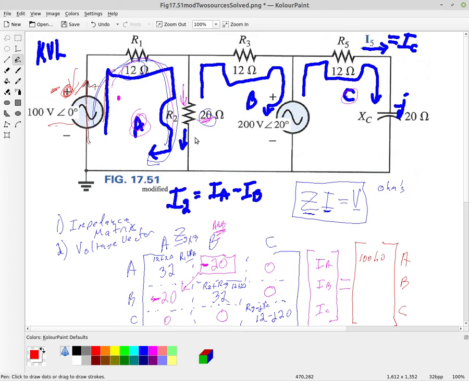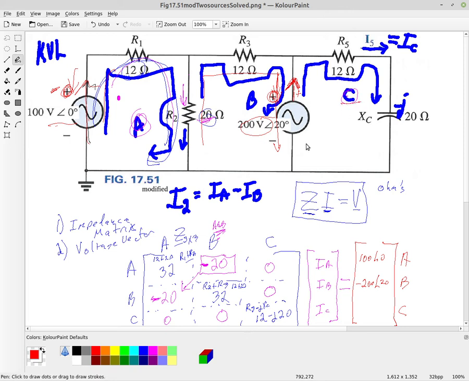And then if we look at loop B, again, loop B now is going down against the supply, because the supply is positive at the top, so it's trying to push current up, using conventional current flow, but B is defined as going in the opposite direction, so that's going to be a negative 200 angle 20,